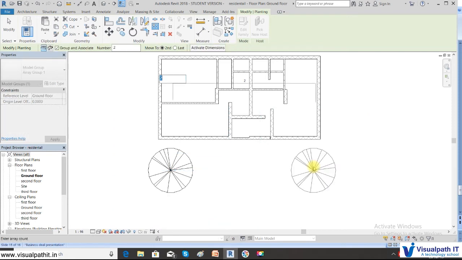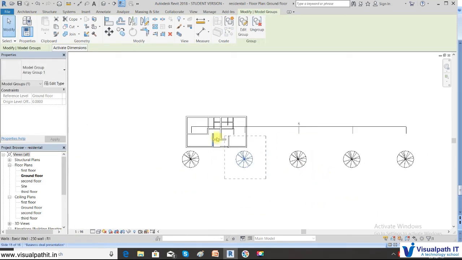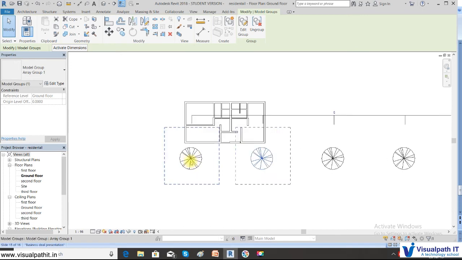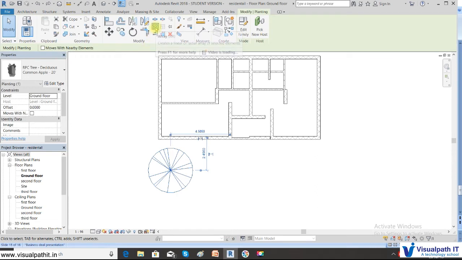So when I click this, it's asking me numbers. So I have set this first and the second distance, and I will say the number 5. So automatically that distance will be taken as a reference and 5 objects will be created. You understood now? The total distance will be 11 into 5. So I have specified the first and the second option. So that is called move to second. If I specify, select it, click array.